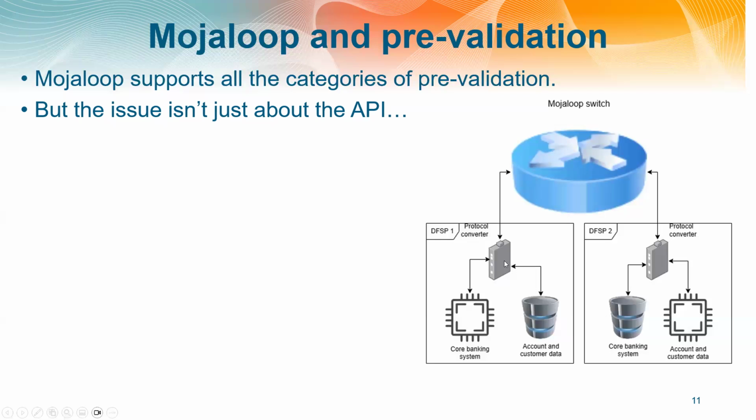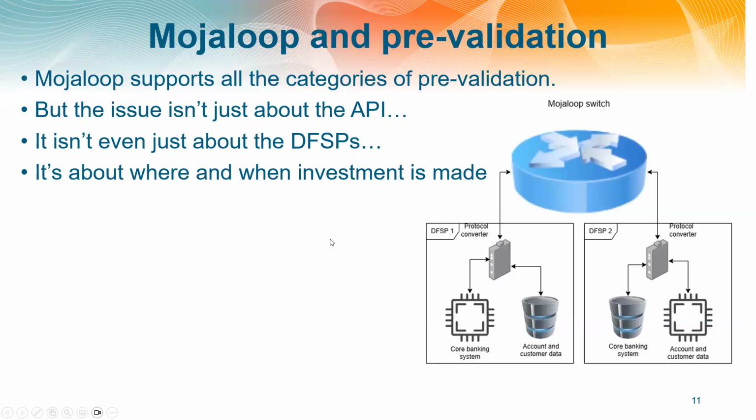I'm using protocol converter here as a general term for things that you might know as payment manager or integration toolkit, that kind of thing. The things that convert between the way in which the core banking system and the account and customer data do things and the way in which the Mojaloop switch does things. And it isn't even just about the DFSPs. It's really a question about where and when